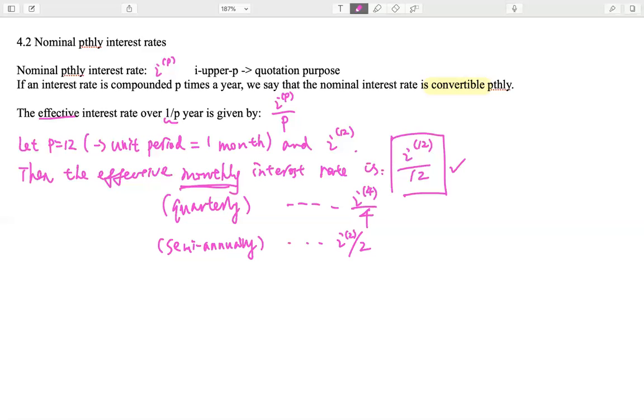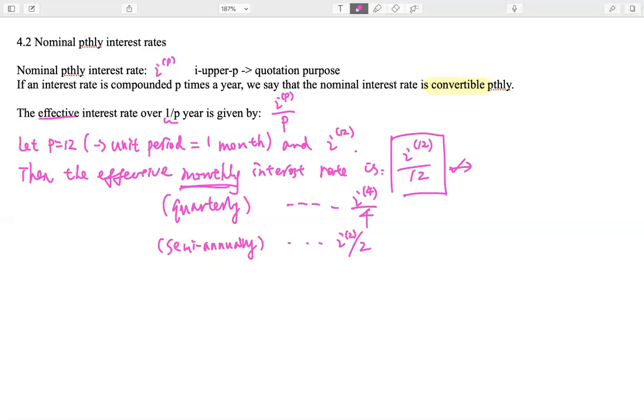Like in the United States, usually mortgage rates are quoted as compounded 12 times a year. So each month you need to pay one payment, and that's corresponding to this. With this in mind, we can easily get the relation